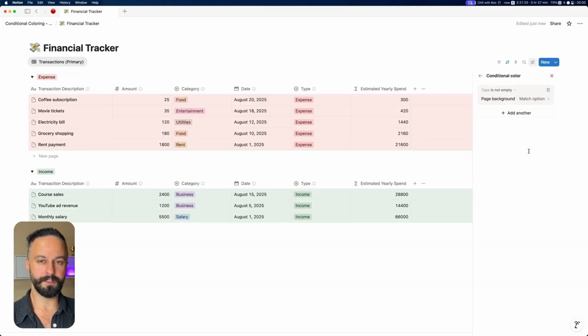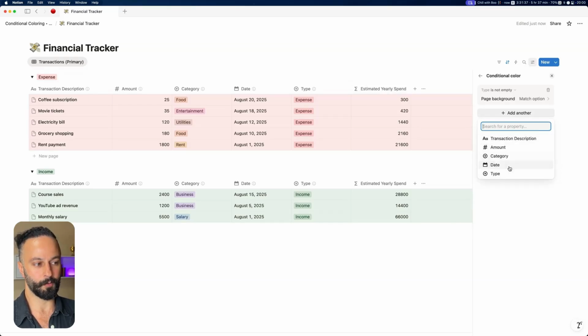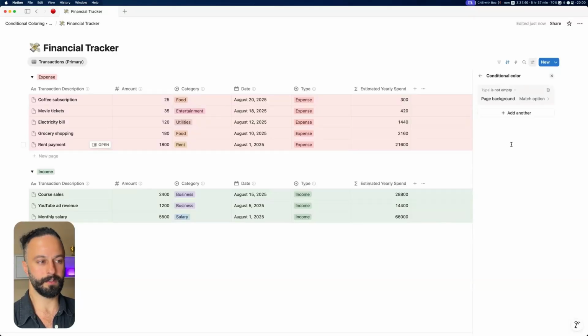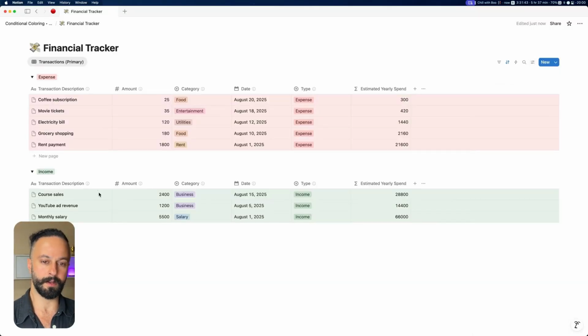Now, one thing to note here is that the properties supported right now for conditional coloring are limited. So for example, if you wanted to select a formula, you can't. Right here, where it says estimated yearly spend, if I try to add that, it doesn't appear in the options. So that's a little bit of a limitation. There are a few other ones that you can't look at right now. I think the URL, the email, the phone, files, obviously a button, and a couple of the built-in native properties like ID and verification. You can't filter on those yet, but this is just a launch, a V1 of this